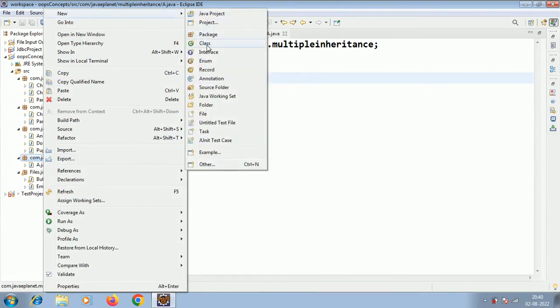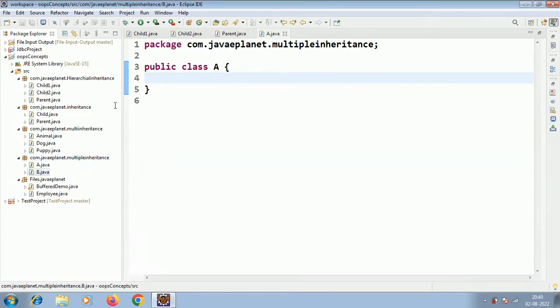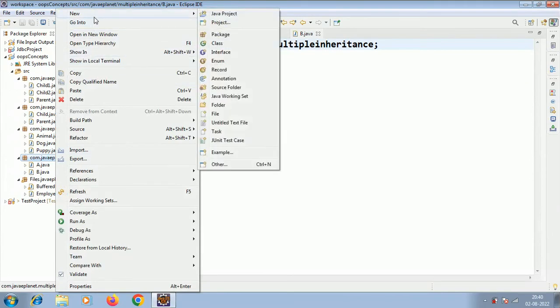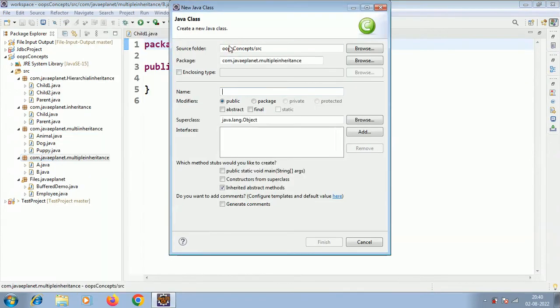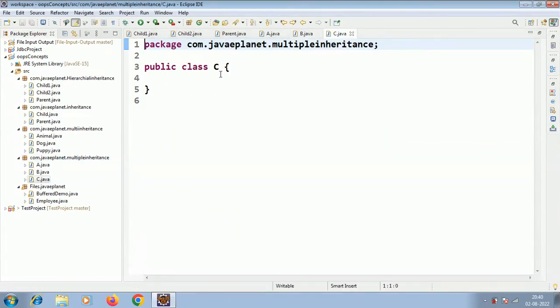New class B. Class C. Here A, B, C, I have taken 3 classes. Now I am telling about the multiple inheritance. I am taking C as the child class. If the C class extends the A class and B class at a time,